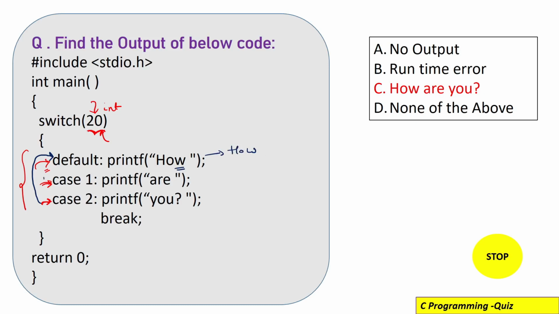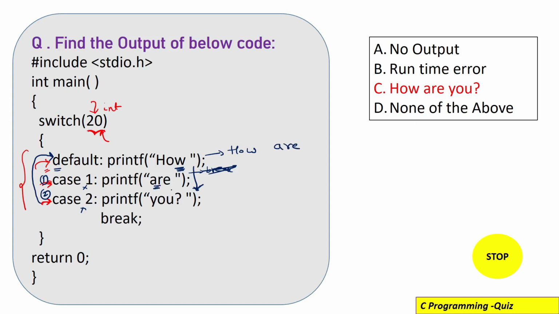So first you come to case 1, case 2, and then you see default is there, so we will execute it accordingly. Now, after this default, we have not used any break statement, right? There is no break statement. So our flow will keep on going and we will come to this printf of r. We will not match case 1 and case 2 again. Matching is over. Now we will simply go down and print this r. So next our output is r.